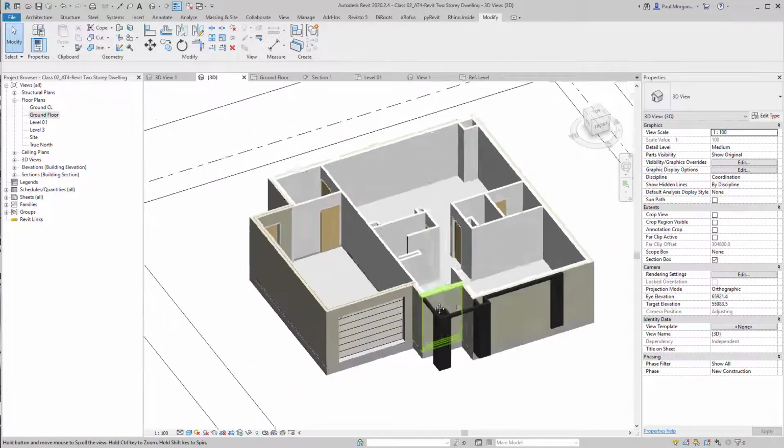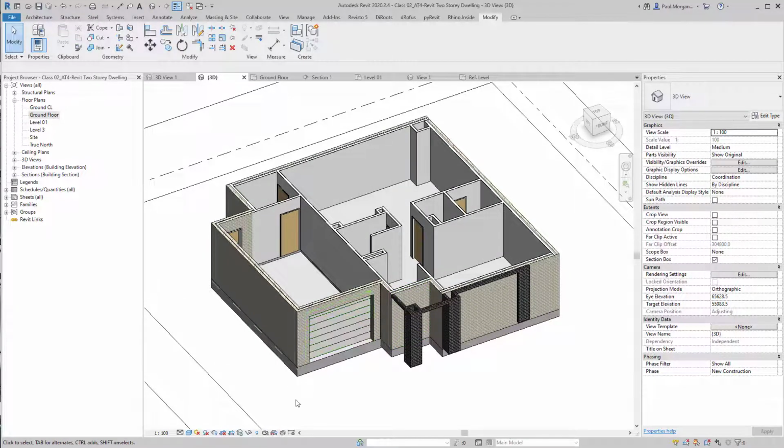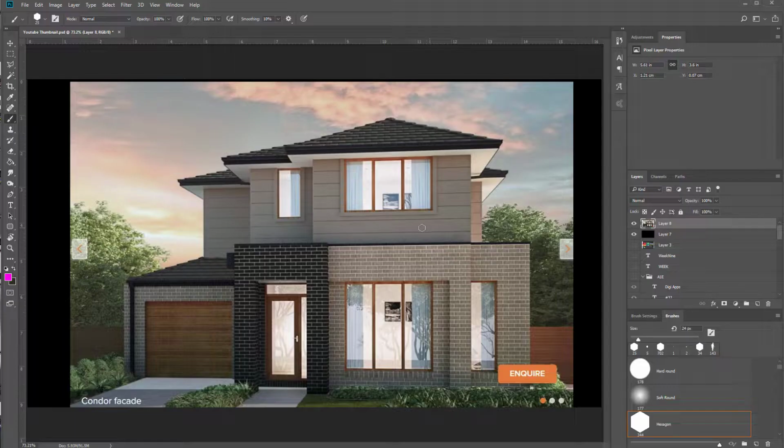So what we're going to work on now is the windows. So taking a look at the reference image, we've got a bunch of windows here. So we have a 3-panel window, one fixed, 3-panel window. So immediately I can tell you that that's one type of family. Now let's call that family type A. That's family type A. That's family type B, and then there'll be other ones around the project which will be